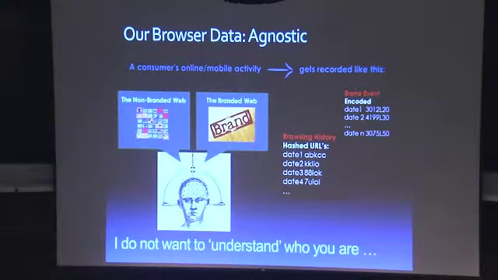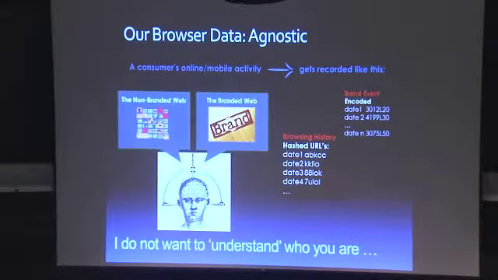Now, a little bit about the data, to give you a flavor here, and that's interesting in terms of the representation. We're collecting data at a very agnostic level. We take the URLs that you go to, and we hash them. I'm not going to crawl the whole web to figure out what's there, and I'm not going to look at the content of the URLs. I just take the URL and hash it. Then I gain a kind of browsing history that's just a date with a hashed thingy that was a unique URL.